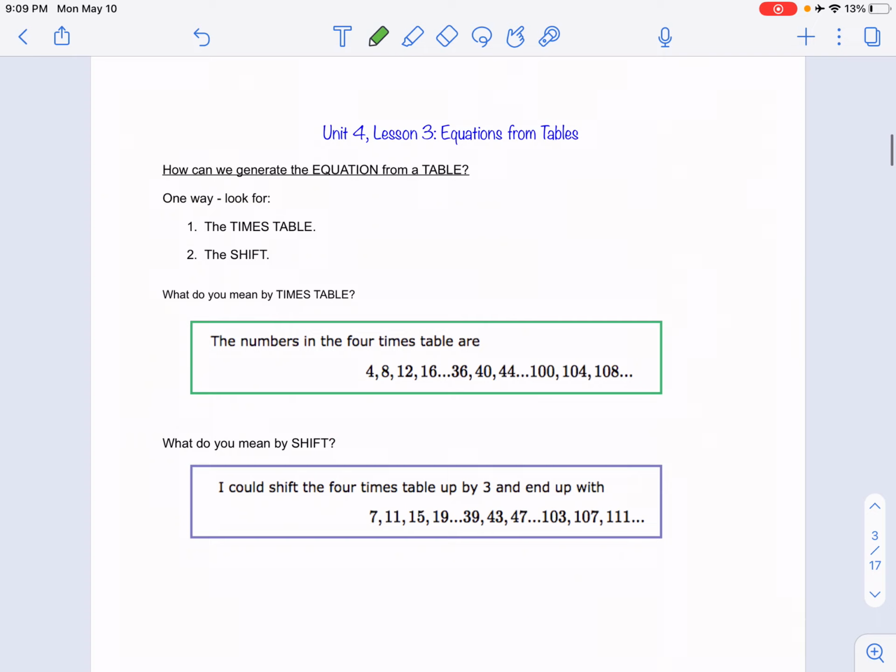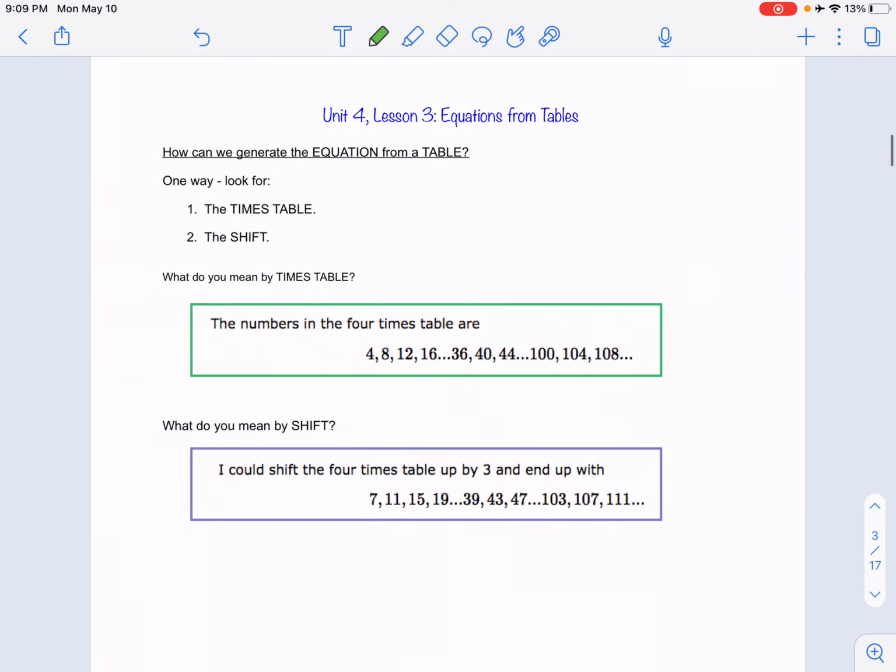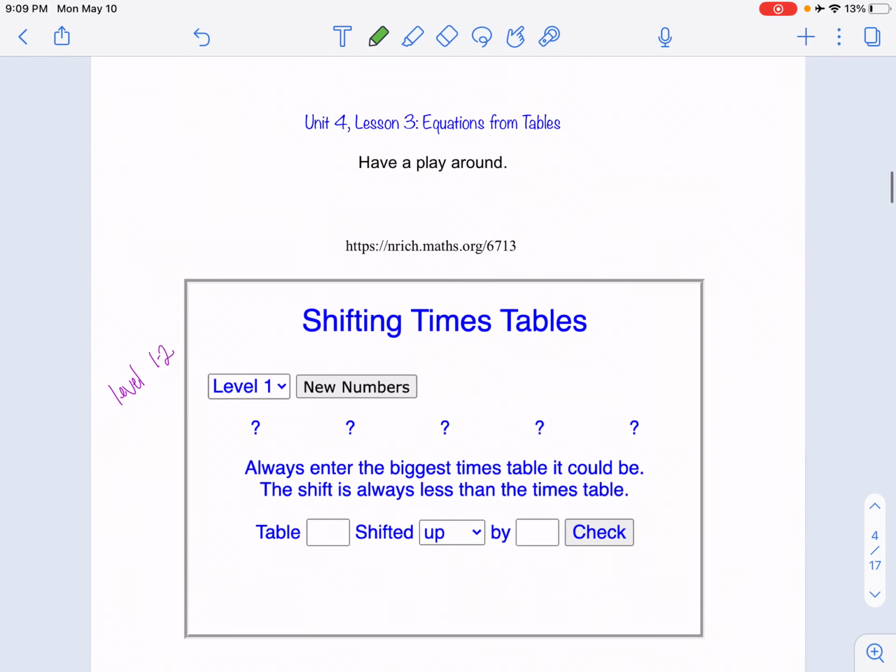It is called, let's see, this is kind of the idea. I think I've already explained this. So look for the times table, look for the shift. It is called shifting times tables. Okay, this is the link here. It's on a website that's called Enrich, and I have put this link on Schoology. Yes, I suppose you could just type that in if you wanted to, but I have copied and pasted this link onto Schoology. Okay, find this little applet sort of thing right on that website and play around a little